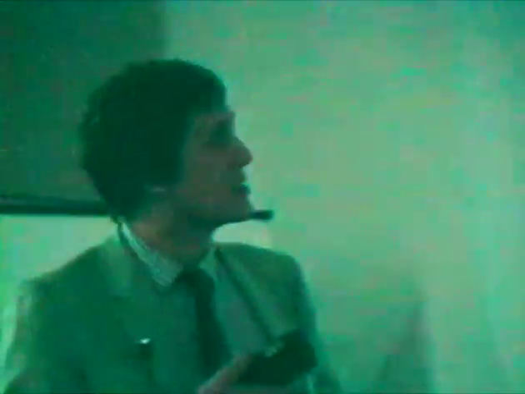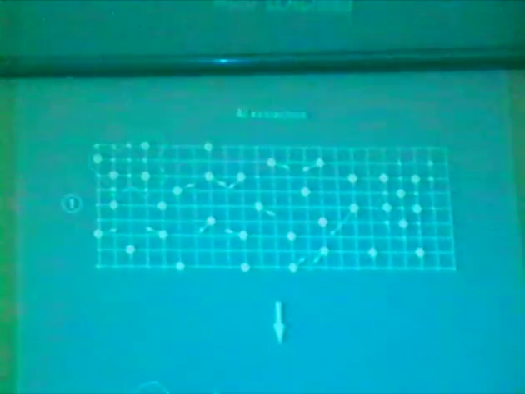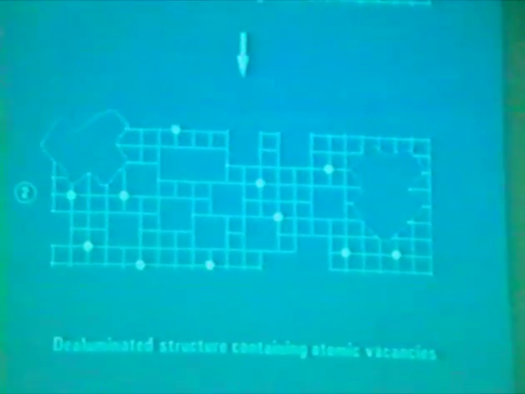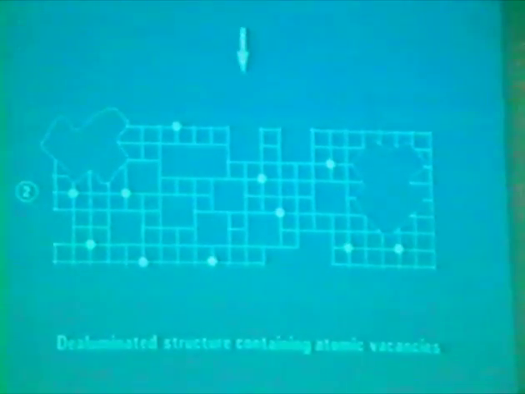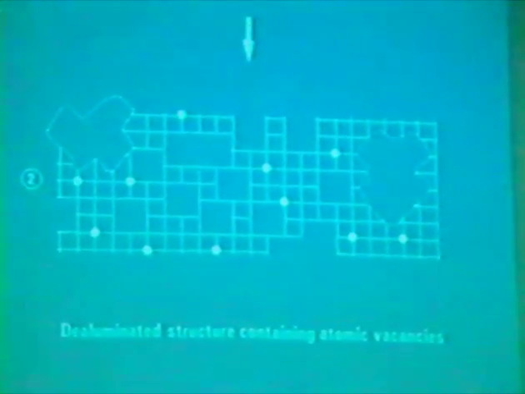The synthesis condition is also an important parameter, since it can control the presence in the as-synthesized material of framework atomic vacancies or of structural defects. In the next slide, you will see that direct acid etching treatments lead to the same result. So this is again the same starting material where framework aluminium atoms have been extracted, and in the region where the density of framework aluminium atoms is high, you have formation of mesopores. But in this case, you have no silicon migration from the amorphous phase to the framework vacancies, so you obtain a deilluminated structure containing atomic vacancies.